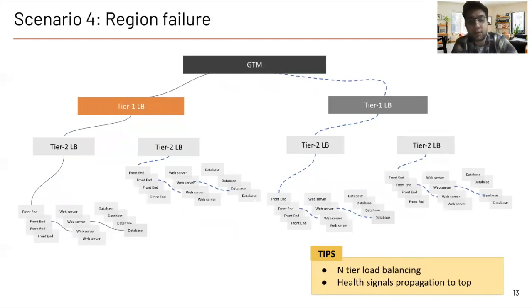Now you can elevate this problem to not just one application, but the entire region is down, the entire data center is down, or is out of capacity. And in those scenarios, you want to route to a completely different data center. And in a cloud setup, it could even mean a completely different cloud as well. So as long as you have the applications deployed in these zones, the solution is similar, which is you